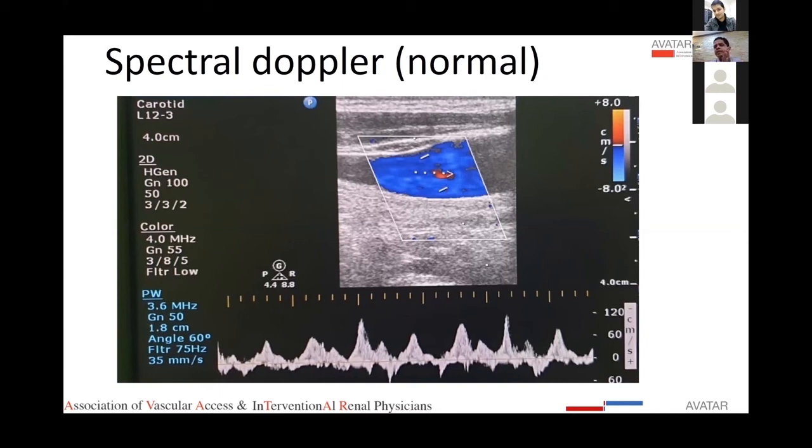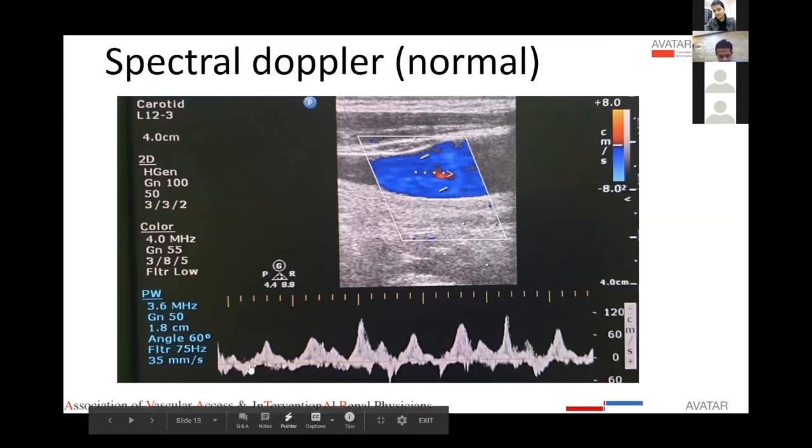Unlike arteries, in the veins, the velocity is not very important and it's not very accurate. Veins give us some lenience as far as this angle of insonation is concerned. More important than the velocity is the waveform. Like Dr. Adil just showed, the variation with respiration is important. So as we can see, this is the